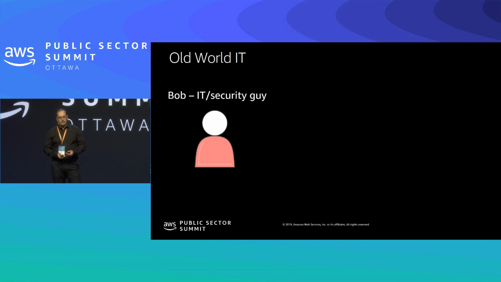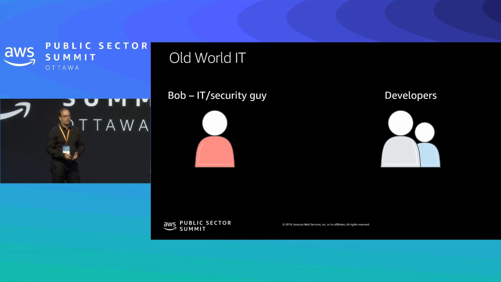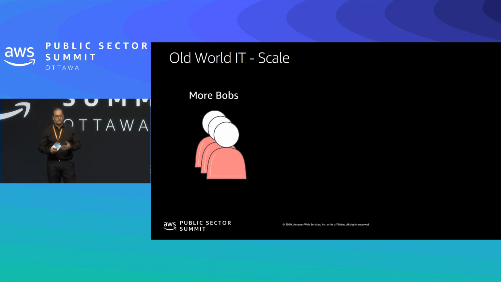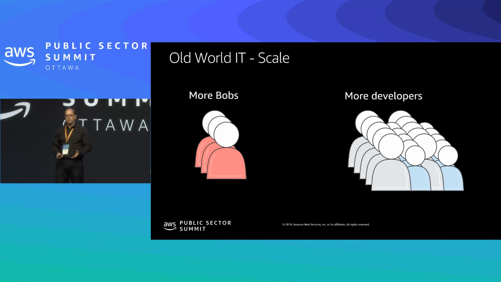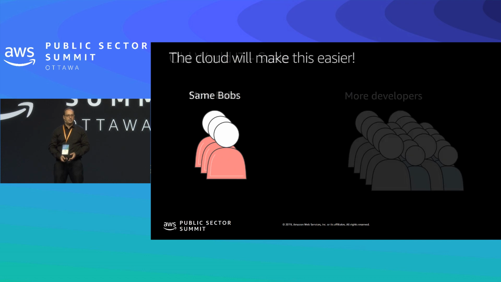Well, let's begin with a story about Bob. Bob is an old world IT person, responsible for the servers and the environments in their organization. But we also have developers, and their job is to build applications to support the business. Bob spends a lot of his time helping the developers, but ideally, he would rather be focused on the servers and supporting tasks that he is primarily responsible for. So to help with the growing developer demand, we hire more Bobs. But as you can imagine, we also hire more developers. Both are working to help the business.